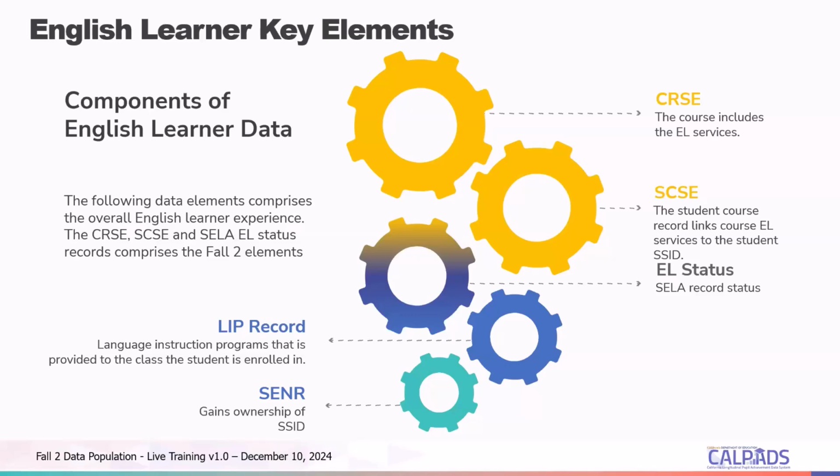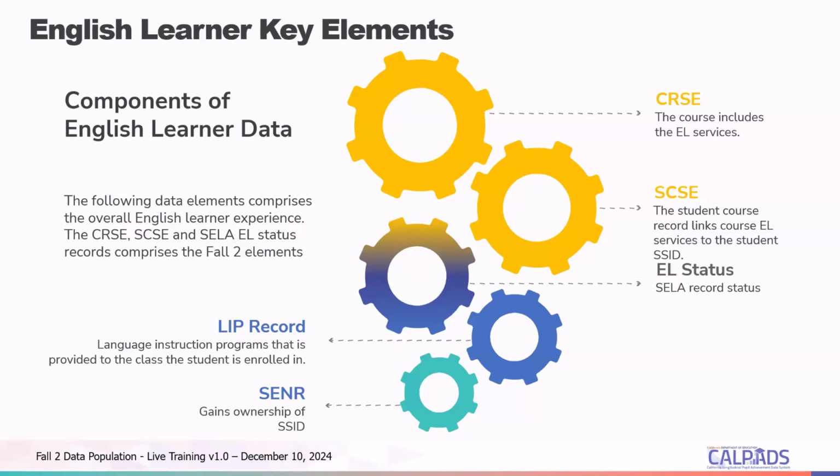The second step to report English Learner Services for a student is in course section enrollment records in Fall 2. The course section enrollment record in Fall 2 should have an education service code populated in the education service code field based on the teacher's credentials or reported with no English learner services provided. We will go over all of the potential educational service code options on the next slide. We've gotten a look at them already, but they are variations of primary, integrated, and designated English learner services.